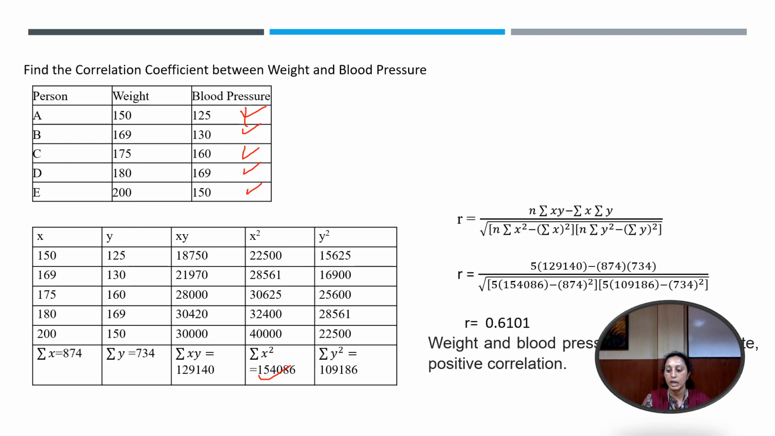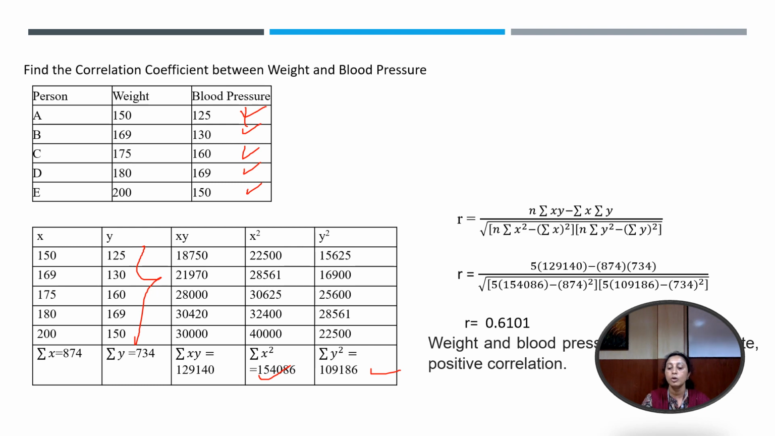So substituting 874 squared, multiplied with n, the number of data we have taken under y, which is 5. So 5 into y square, and y square we have calculated as 109186. Substitute that, minus the total of y, which is 734, so 734 squared. After calculating, we get the value of r as